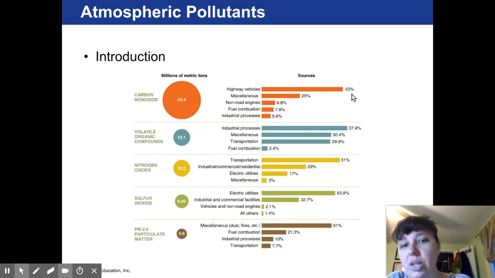Another one is industrial or commercial facilities. And once again, they're burning the fuel for heat. And this fuel that they're using is very sulfur ridden because it's not processed the same way as, for example, fuel oil that we would use for home heating oil or for gasoline. Because if we go all the way back to the modules where we briefly talked about different processes of fuel, we have different types of fuel that can be refined, and this falls into those categories of refining. Vehicle and road engines do produce some of it, and then there's other.